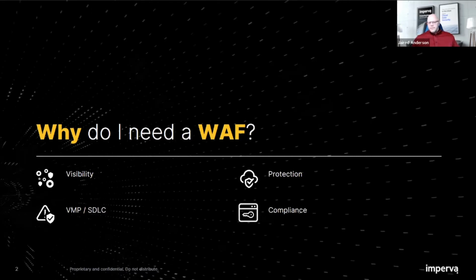Also with the software development lifecycle, it allows you to have a feedback loop with your developers and open up that relationship, which we're going to talk about later, which is important if you're going to be administering the WAF. You can share some knowledge with your developers on where you're seeing attacks targeting specific areas of the application, what you're blocking, those sorts of things.